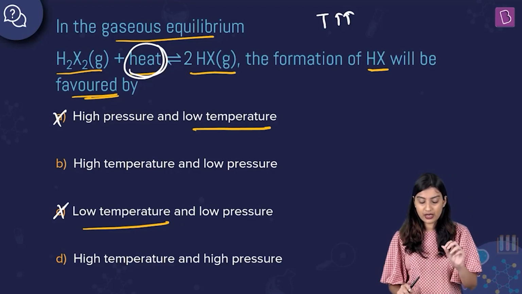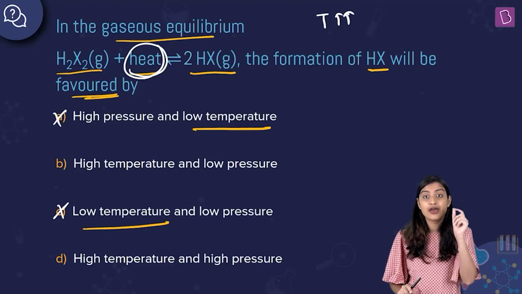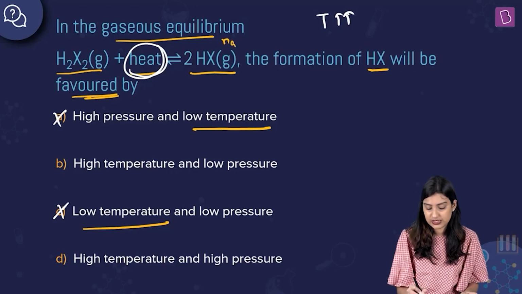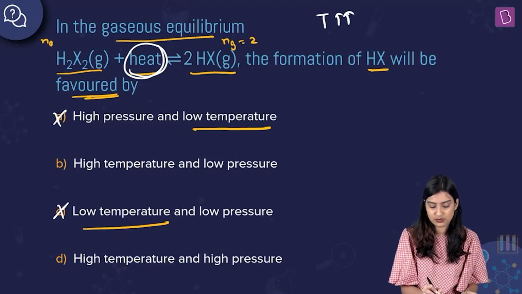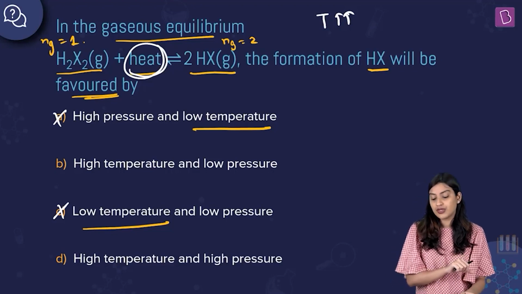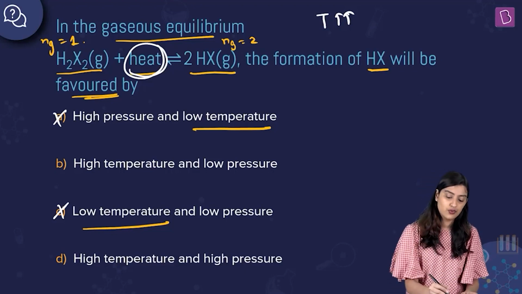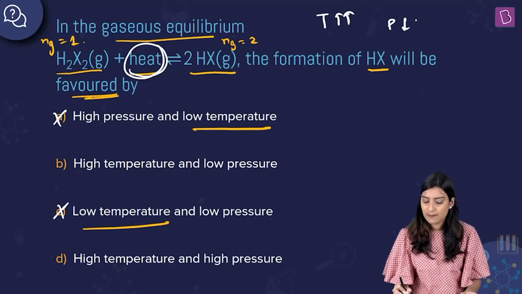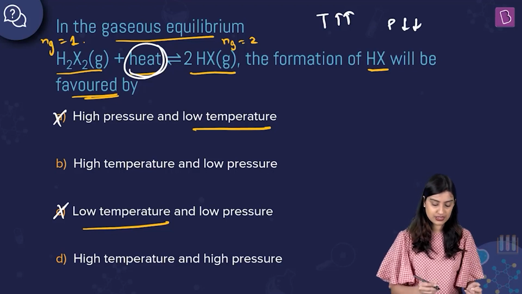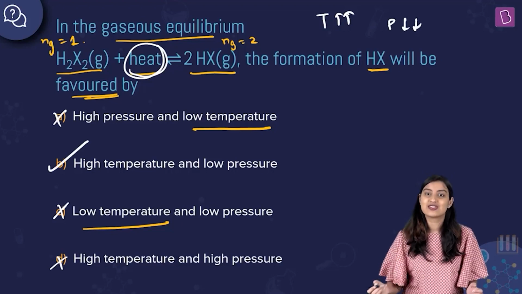You need to move the equilibrium in a direction which has a higher number of gaseous moles. You can see your number of gaseous moles here is 2, here your number of gaseous moles is 1. So what does it mean? It means you need to move the reaction towards a higher number of gaseous moles. So what will you have to do? You will have to reduce the pressure. So high temperature and low pressure conditions are going to be suitable here, so we can ignore option D. Option B is going to be the right answer to this question.